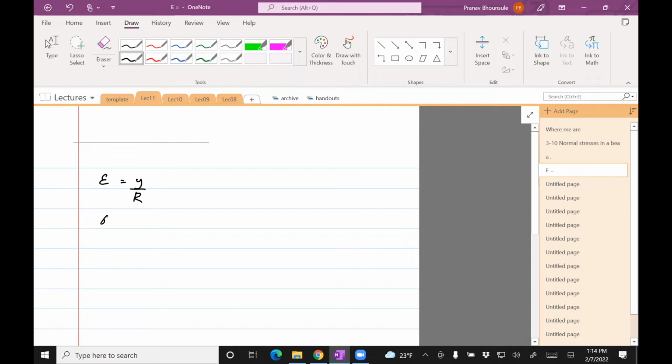From the previous page, sigma equals... strain can also be written as sigma divided by E. What is sigma? Sigma is the stress, and we'll come to the normal stress in just a bit. Okay, it's the stress which, so remember when you take the specimen, you load it, it curves, and